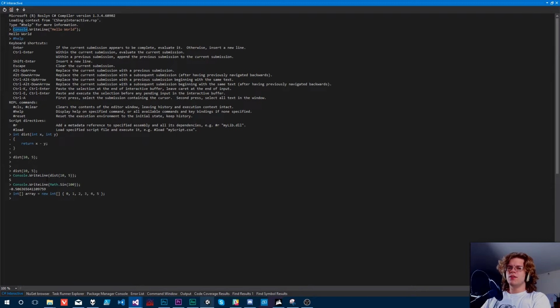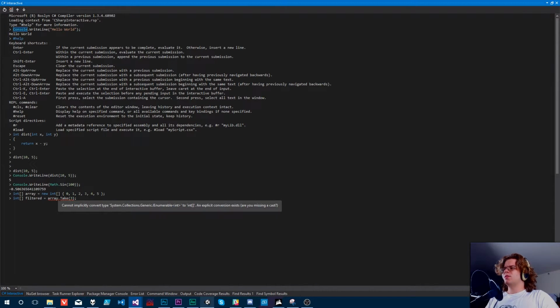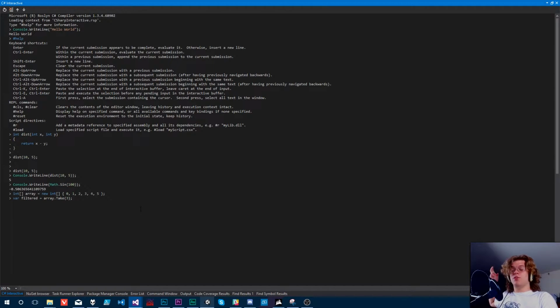And now what I can do is, let's say I want a second int array to be the filtered. And we'll just say that's equal to the array.take3. And so that's going to use LINQ. I don't know if LINQ is included. It doesn't look like it is. Ah, no, it's returning the wrong type. So I'll just use var. So it should automatically assign the type. This still works. So now I have a filtered array with 3 elements in it, or I hope there's 3